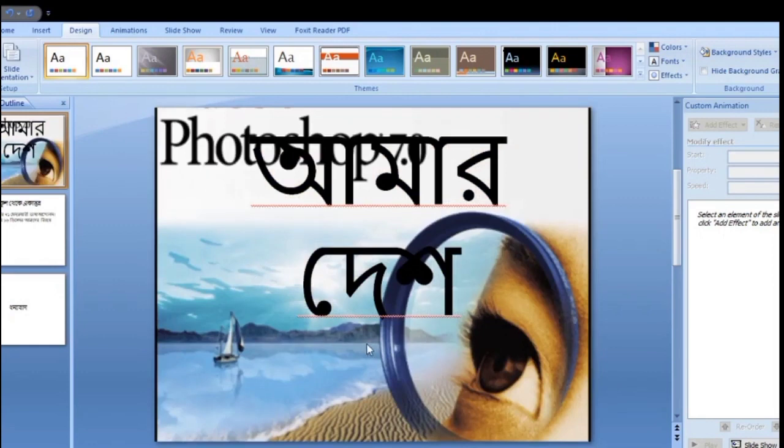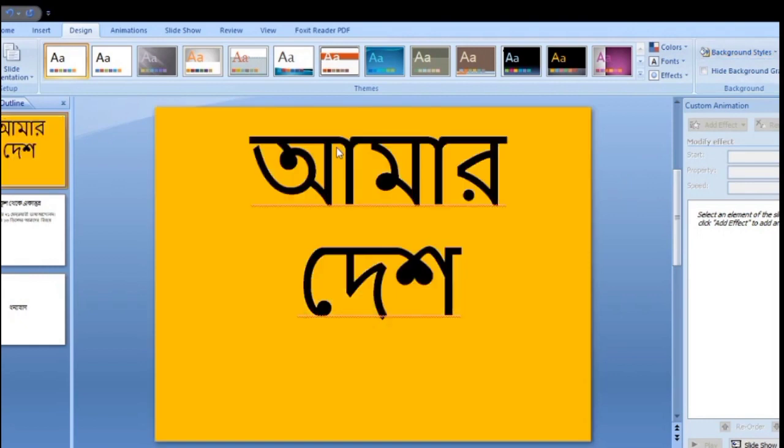A picture appears. To remove the imposed background, close it, click the solid fill, again click Format Background, and now click solid fill and color.